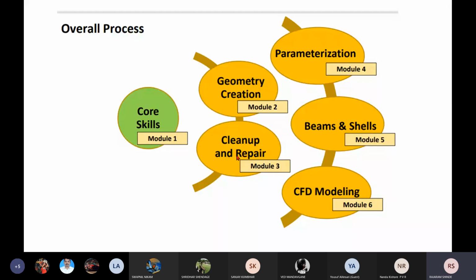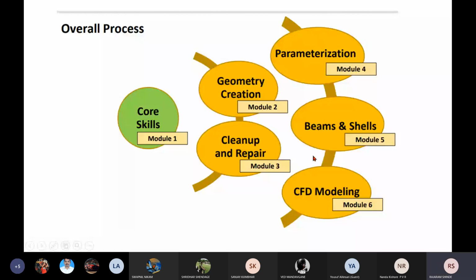Those errors you have to remove, that means you have to repair the geometry. After that, if parameterization is there, that means optimization is there, you have to select the optimization parameters. This is related to handling of mechanical problems, and then you have CFD modeling. This is the overall process.